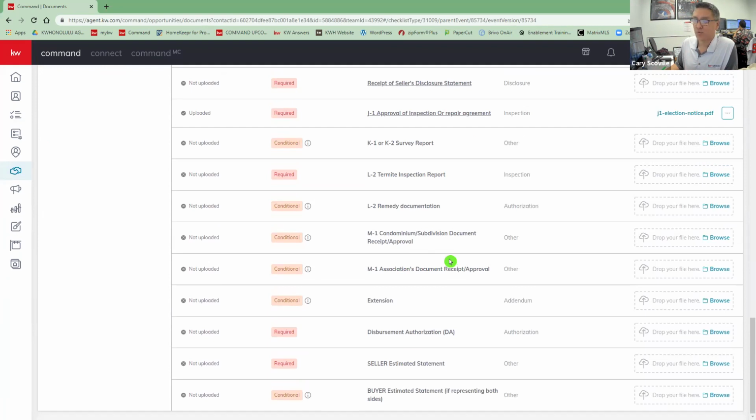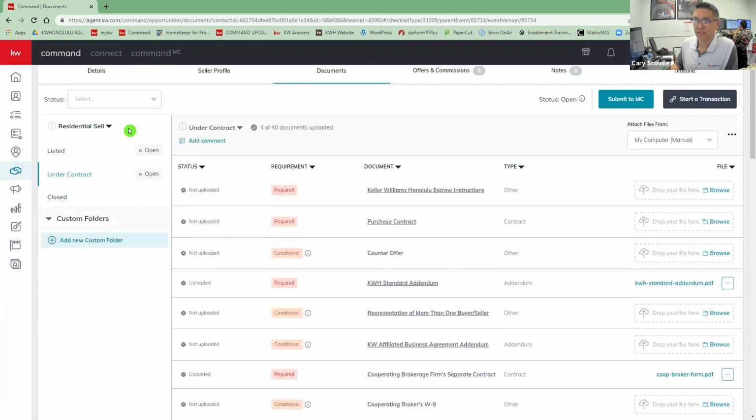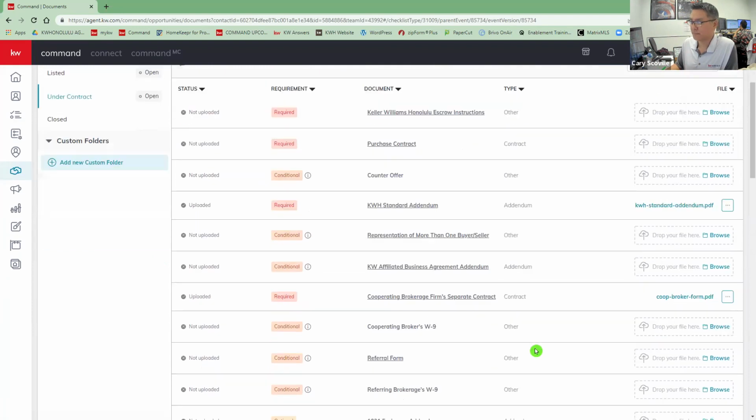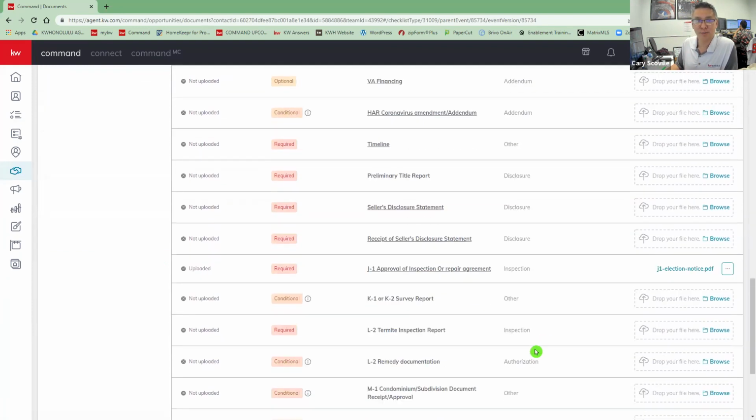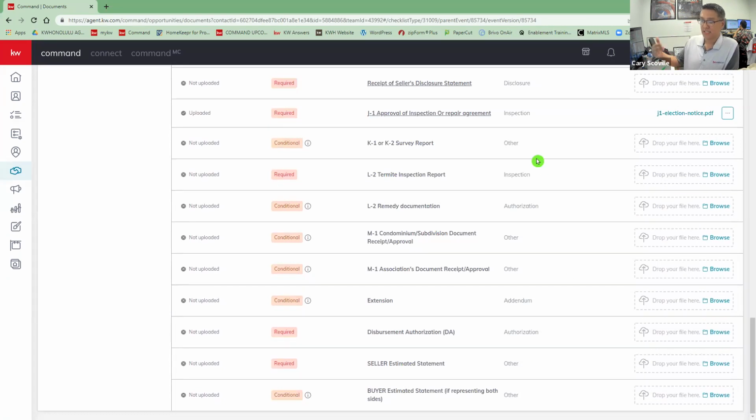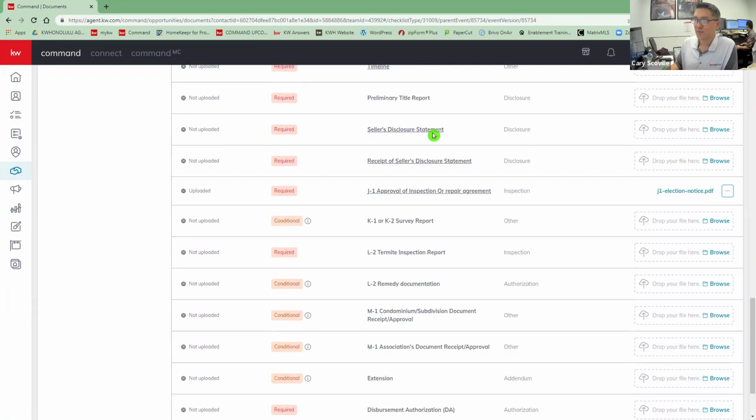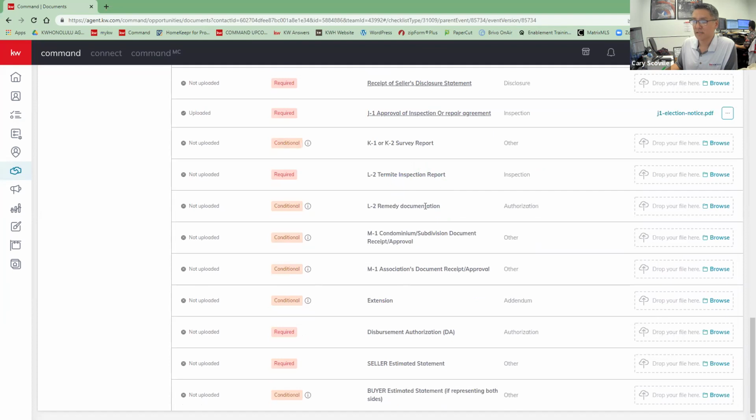As we get down to the bottom of the under contract section, now we have both these sections filled out. If you are following along, you'll see both those sections as open. And you'll notice as we get to the bottom, as you move through the contingencies based upon your contract, you'll see J1, SRPDS, your seller disclosures, K2, and termite. Termite is generally the last thing that you guys are doing, 10 to 14 days prior to close, depending on your contract. Now, as that report comes in, there's not a lot left under this section.